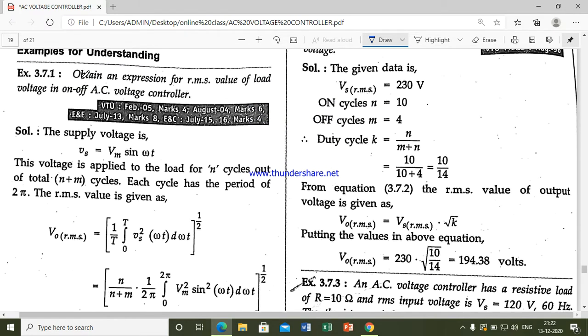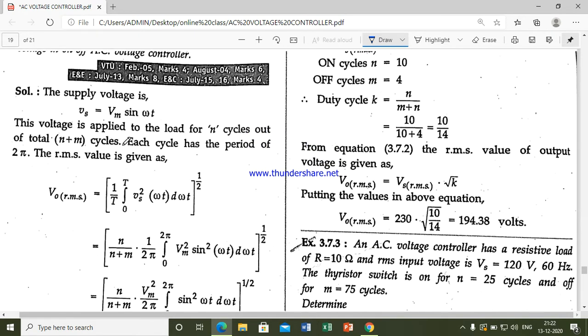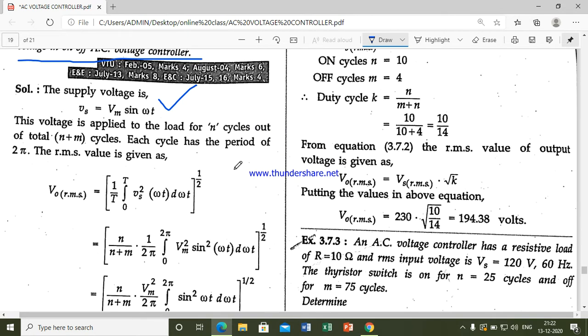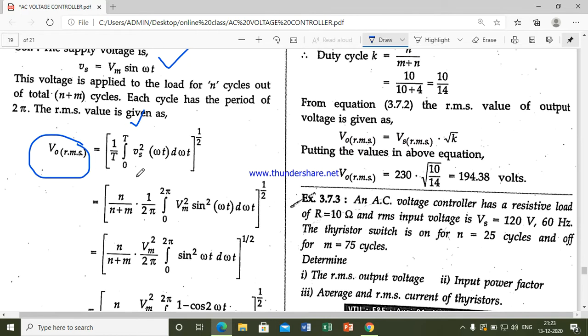So next we will see a simple derivation for this. Obtain an expression for RMS value of load voltage in on and off AC voltage controller. Here you have the supply voltage Vs equal to Vm sin omega t. This is your supply. Next we will get V0 RMS. V0 RMS equal to 1 by T, 0 to T, Vs square omega t d omega t, whole raised to 1 by 2. And we have seen